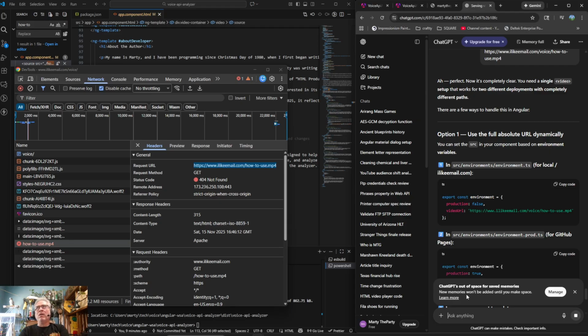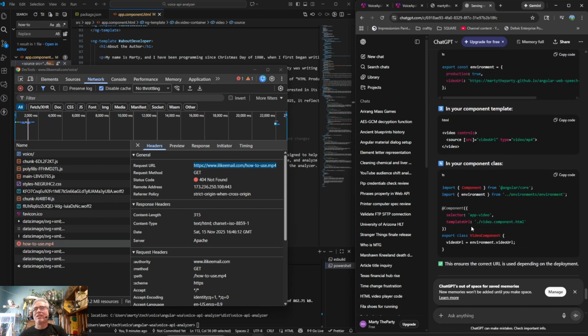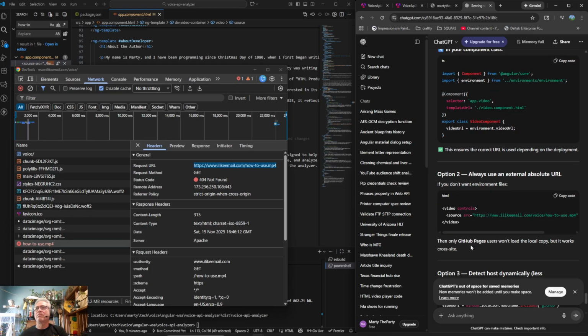Okay, so I came at the problem a little differently. It's telling me that I should have different environment variables based on different things. And then we need to pull in the environment and then do that. I don't like that at all.